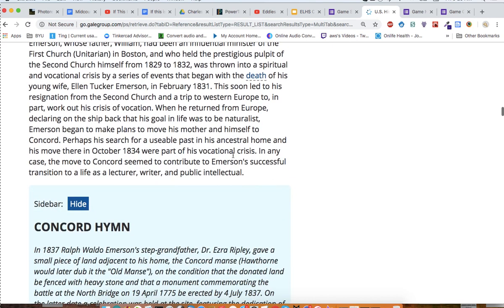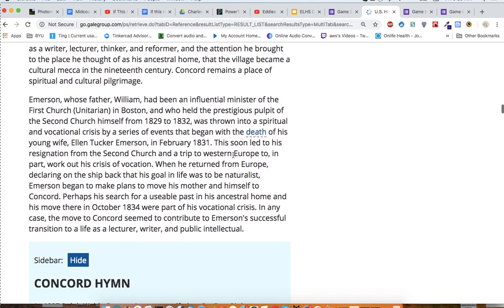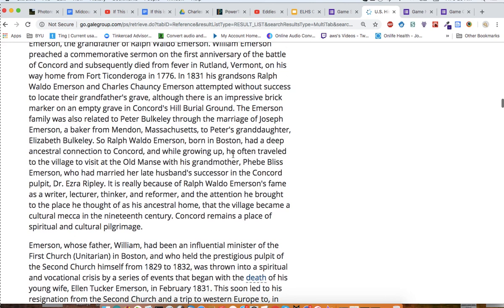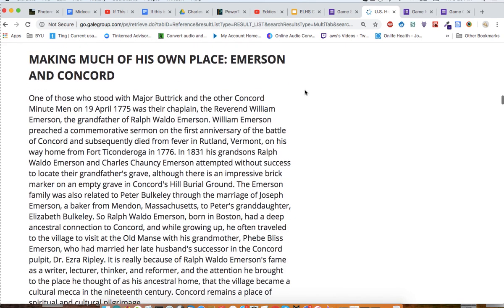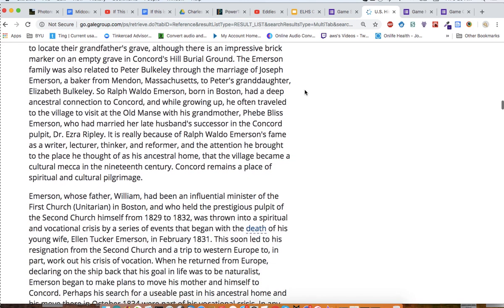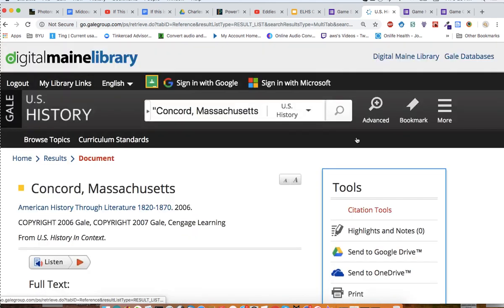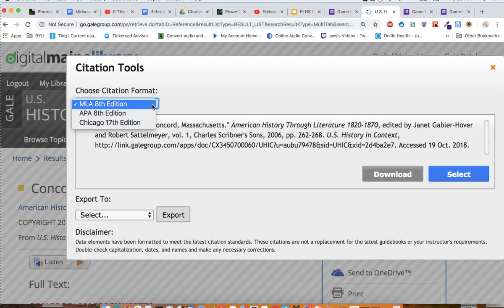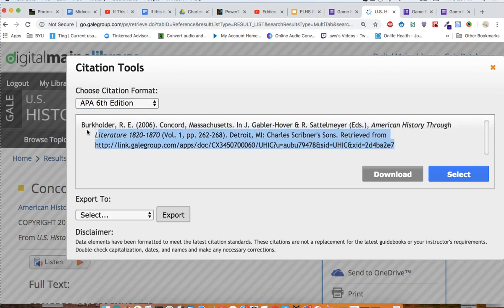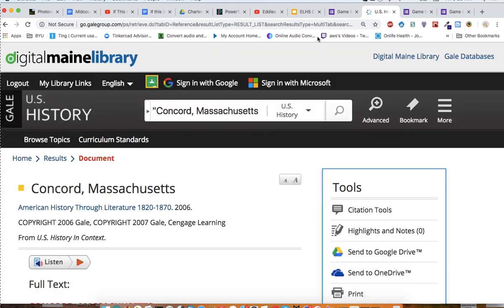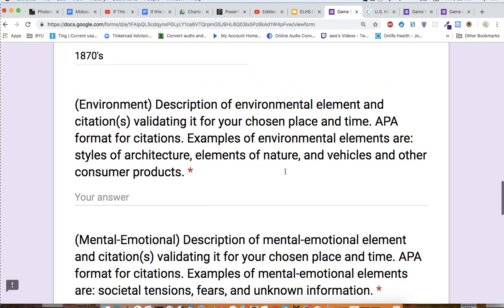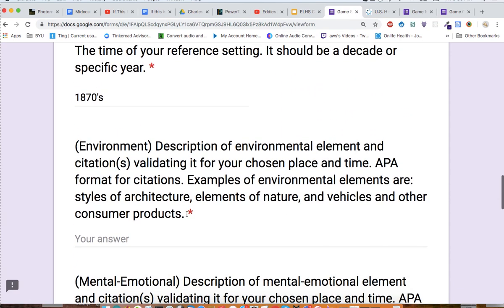It's not putting it right there in the 1870s, but what if we did Concord's Hill burial ground, and maybe we found another reference to it elsewhere, but this looks like it actually could substantiate that as a particular place, particular feature of the environment. So let me go over to APA for that. So copy that. So Concord's Hill Burial Ground. That sounds like that could be really good. So over here, maybe put